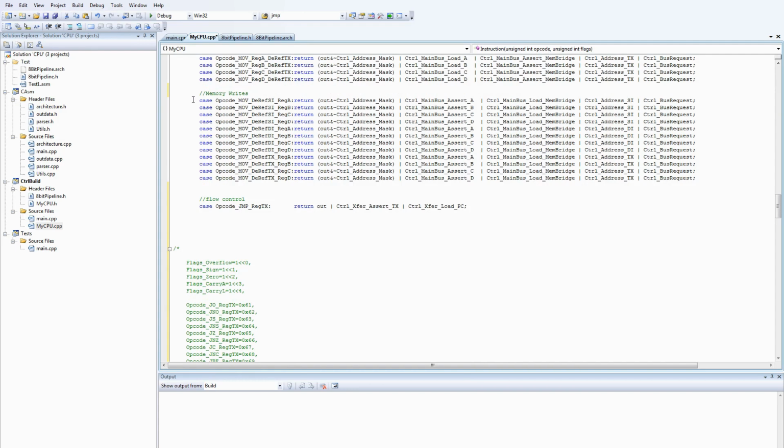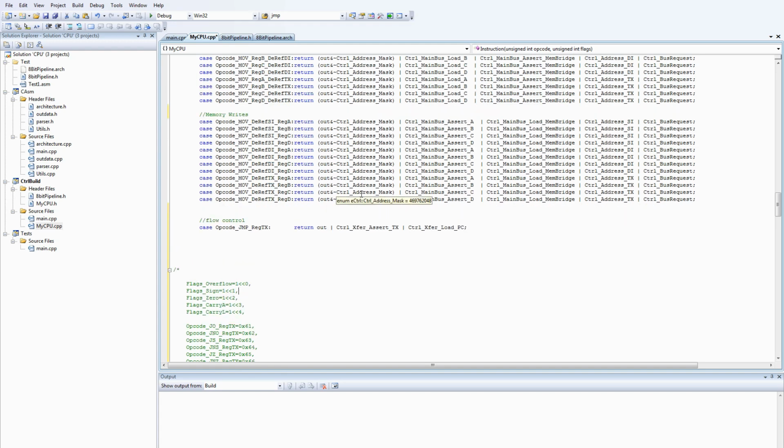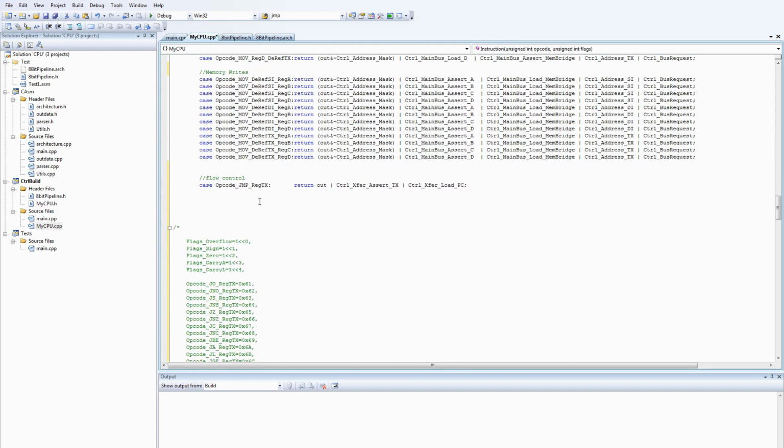Right, now all of the previous instructions we've done have simply been returning a combination of control lines. We just OR together the bit flags from the various enums and that's resolved. But for these conditional jumps, we need to work a bit differently. So this first one is jump on overflow. This function is going to be called for every possible permutation of flags. So what we can do is actually write C++ code equivalent to what we want to happen. So if the flag's value contains the overflow flag,